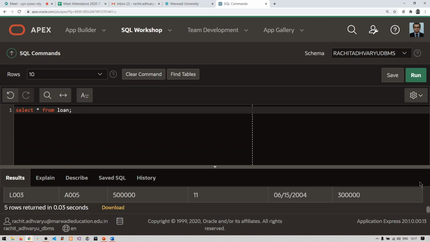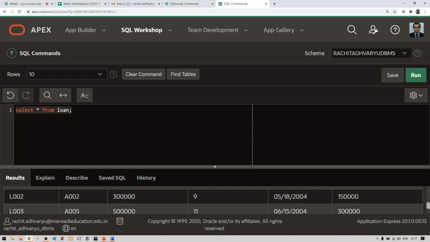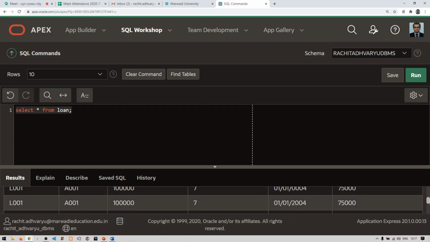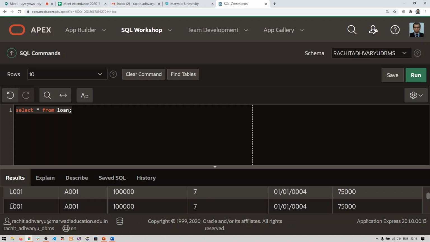So whenever I write this statement, select star from loan, it fetches all the data from the table. But whenever I want to display the data, I want only the unique data to be displayed to the user. That means this repeated or duplicated data should not be displayed to the user.